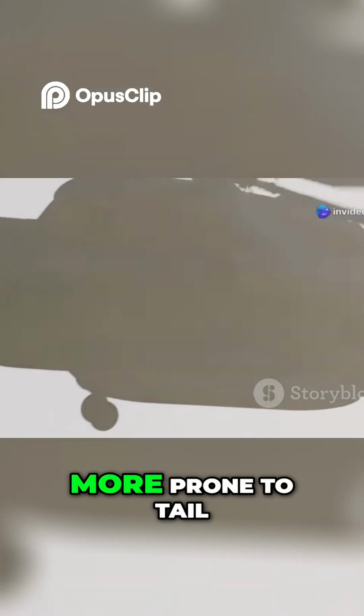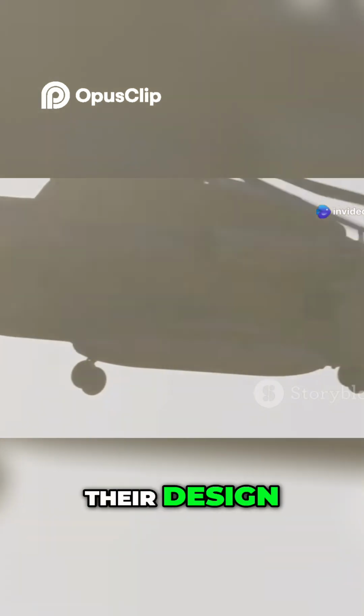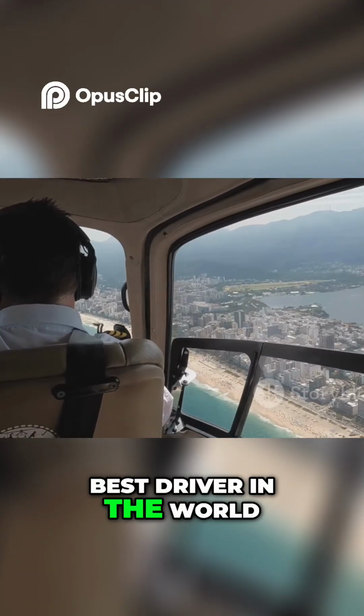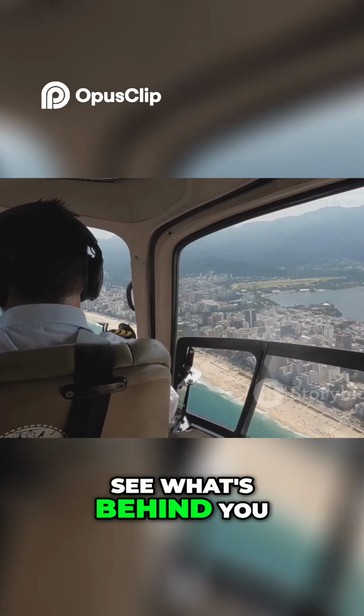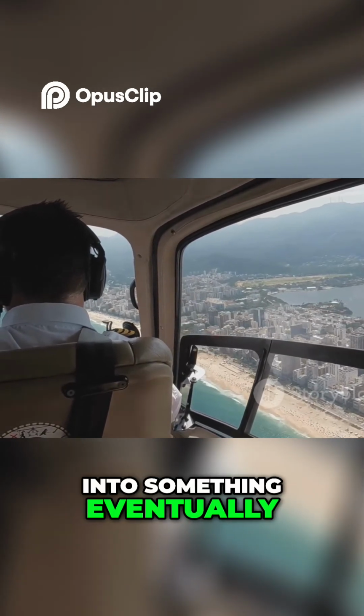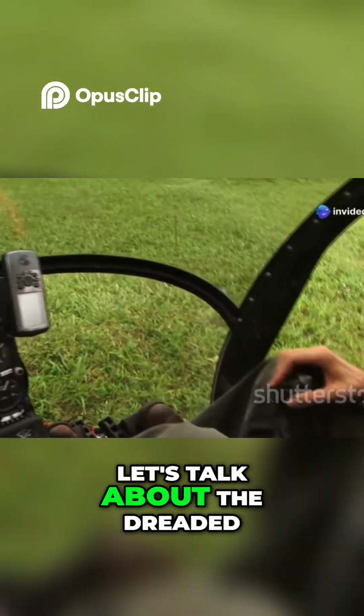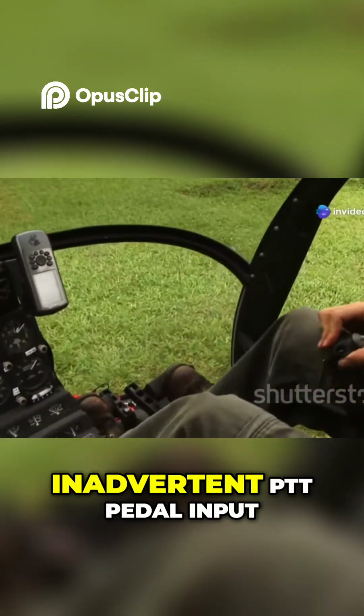Some helicopters are just more prone to tail boom strikes due to their design. It's like some cars have terrible blind spots. You can be the best driver in the world, but if you can't see what's behind you, you're bound to bump into something eventually. And speaking of things you don't want to bump, let's talk about the dreaded inadvertent PTT